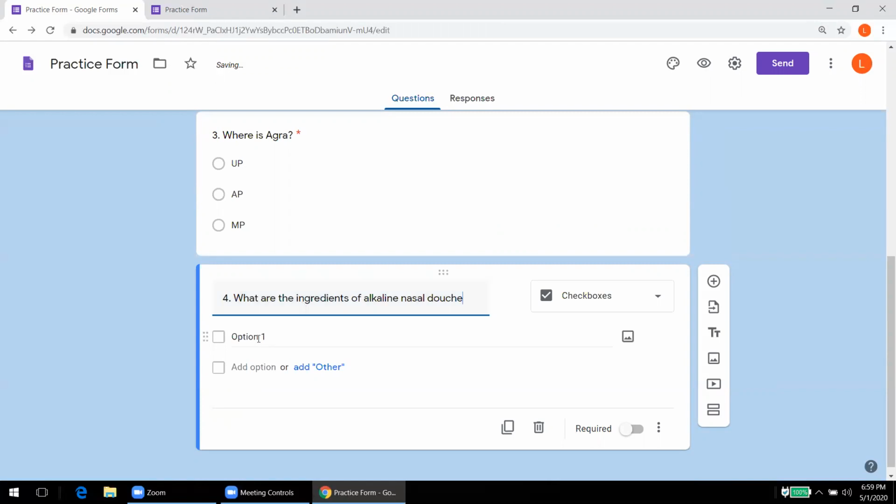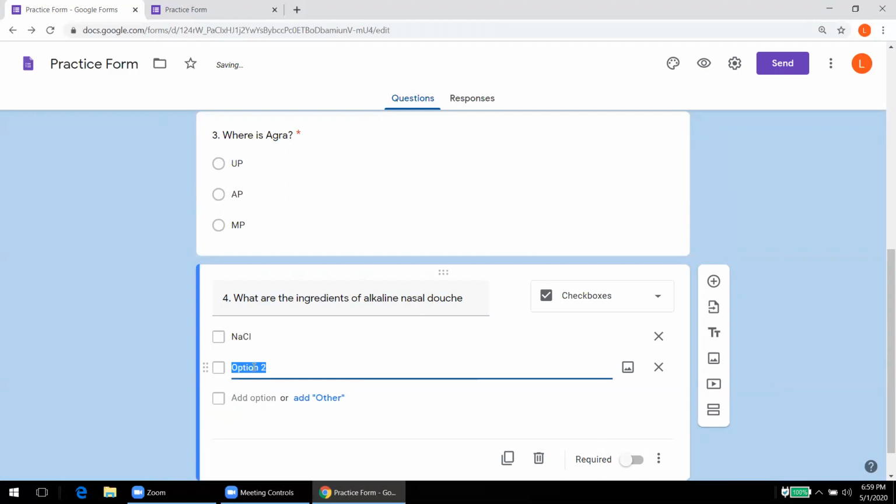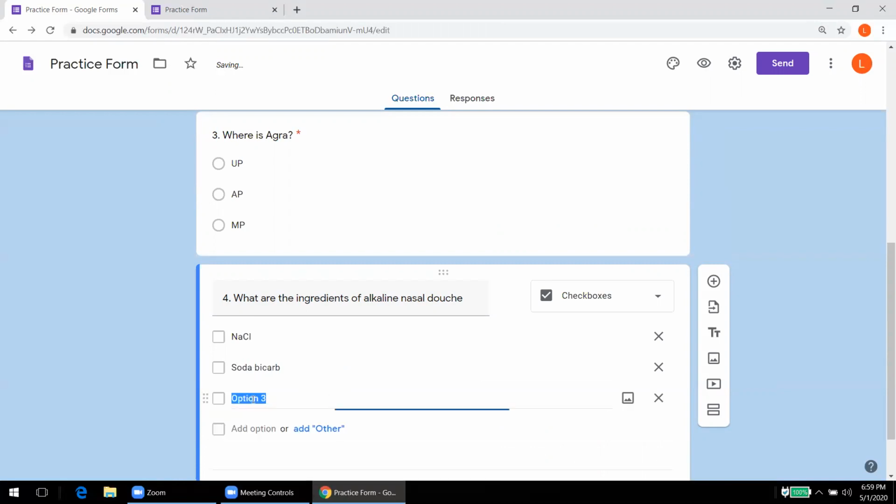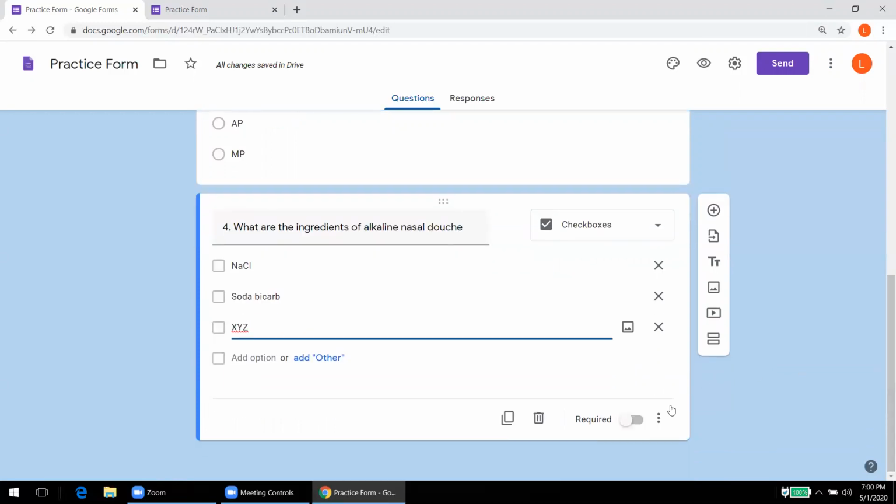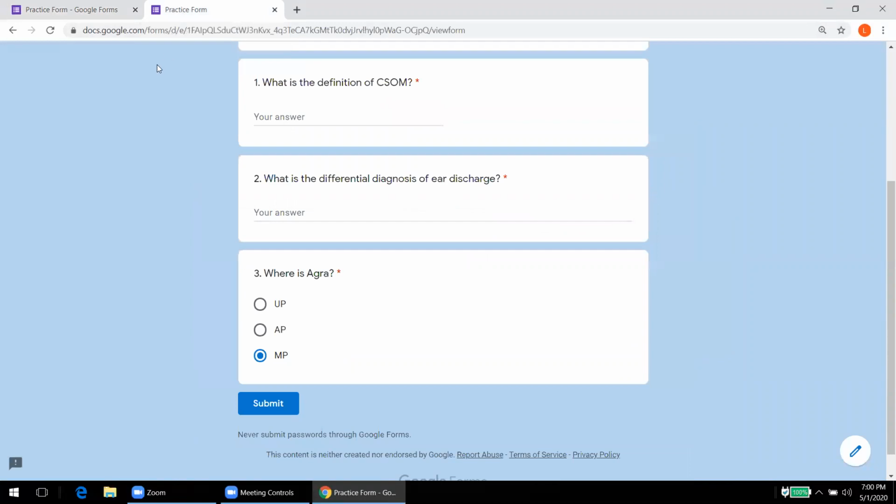So it can be NaCl, it can be soda bicarb. Then another, whatever options we want to give, we can give those options. For example, X, Y, Z. Now again, if we want, we can keep it mandatory, or if not, then not. Then we'll see how it will look.